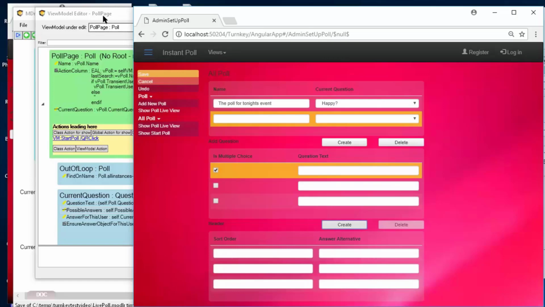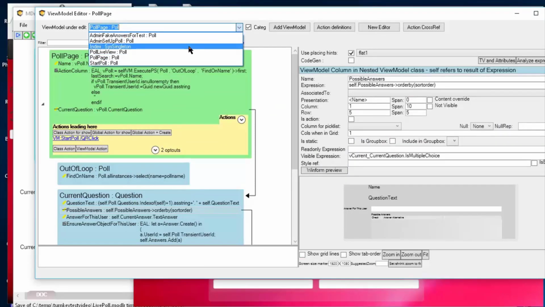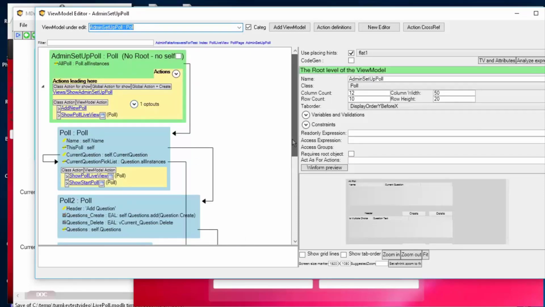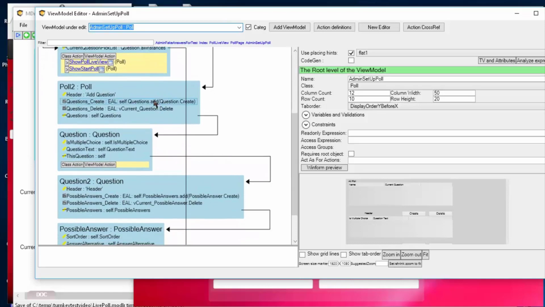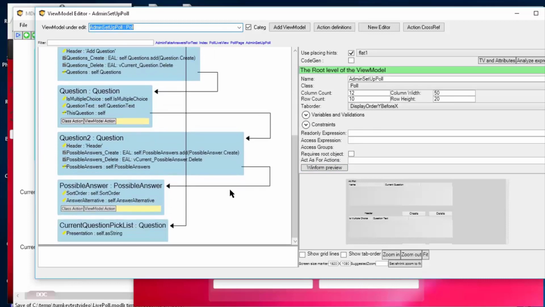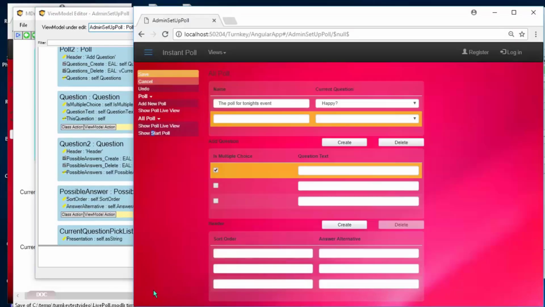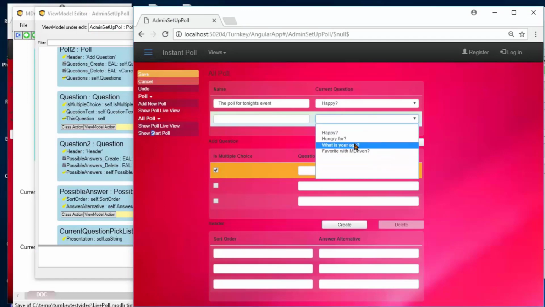So, this UI, let's look at the view model for that then. Setup poll. It's a bit more, but not much. It's the polls and some actions for that, and it also has the questions and the possible answers, and there are some pick lists to manage things like the current question.